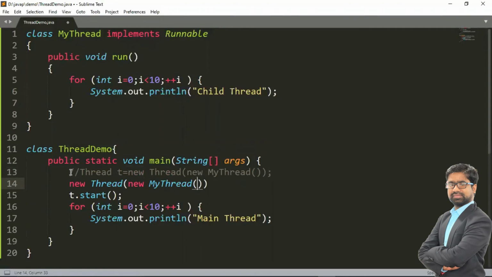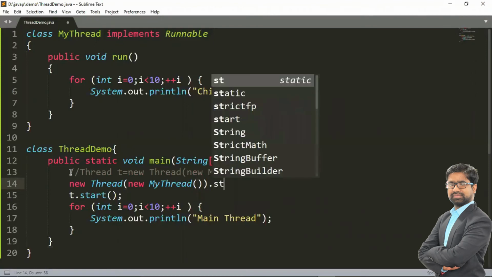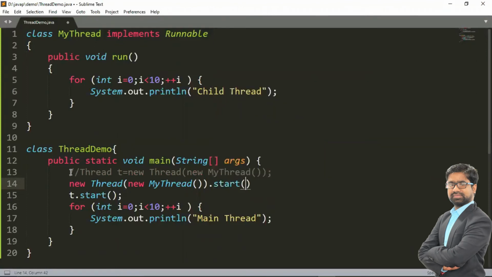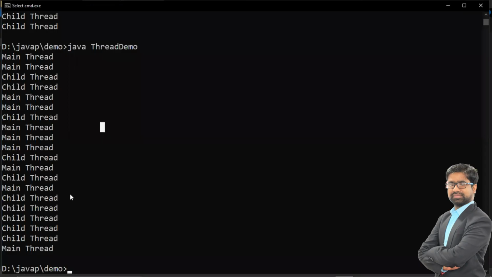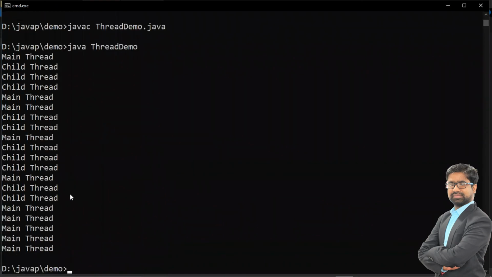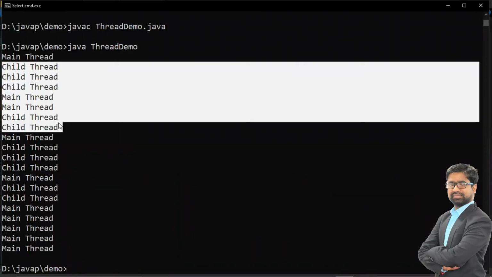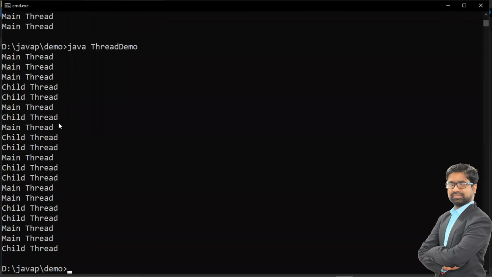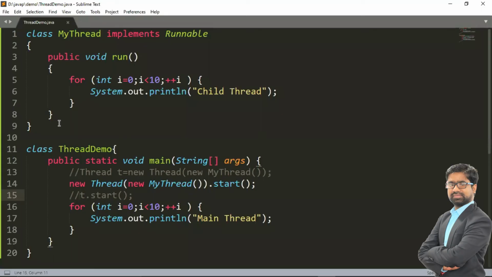Then just call the start method directly, and I'm commenting the earlier code out. Now let me run. You can see the same results. This is another way to create an object; this is an anonymous object I have created.